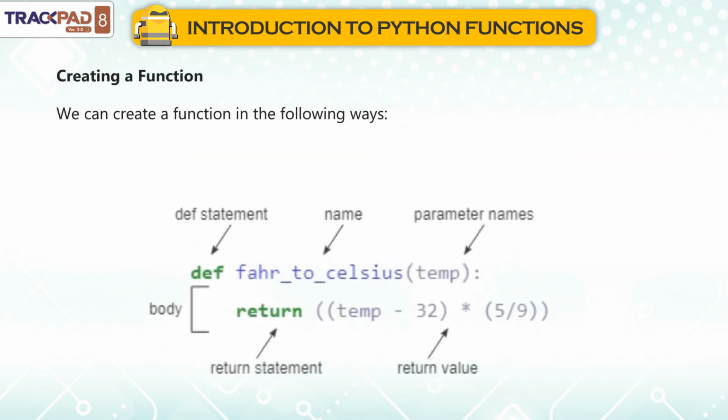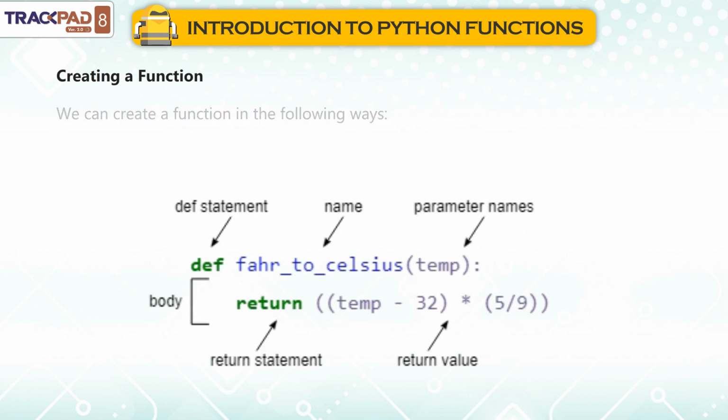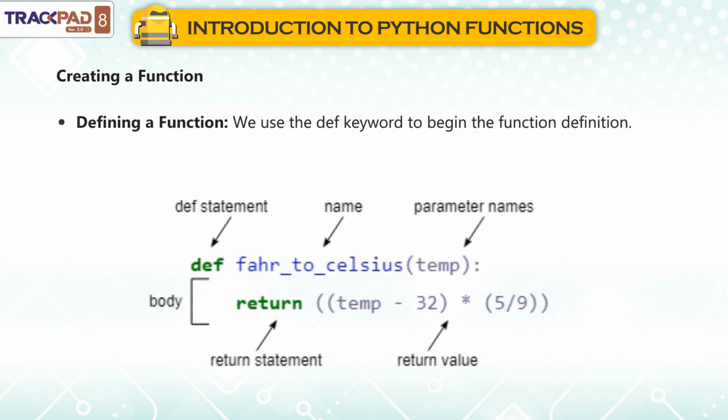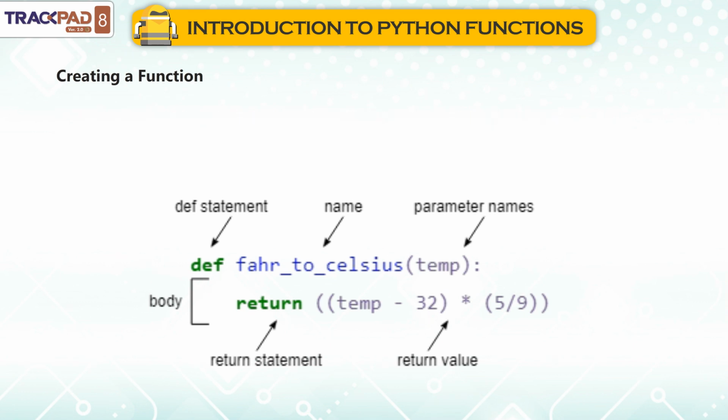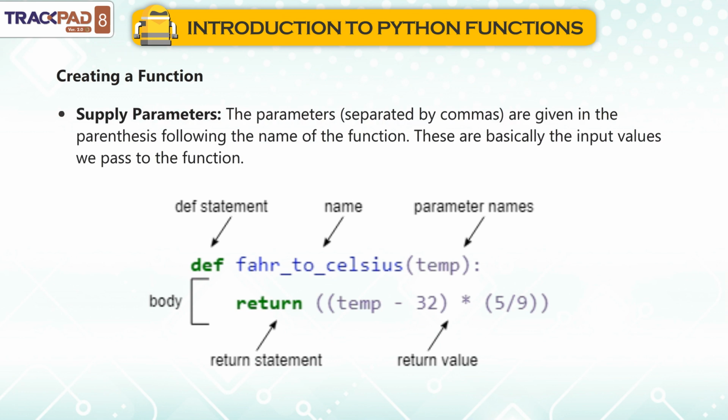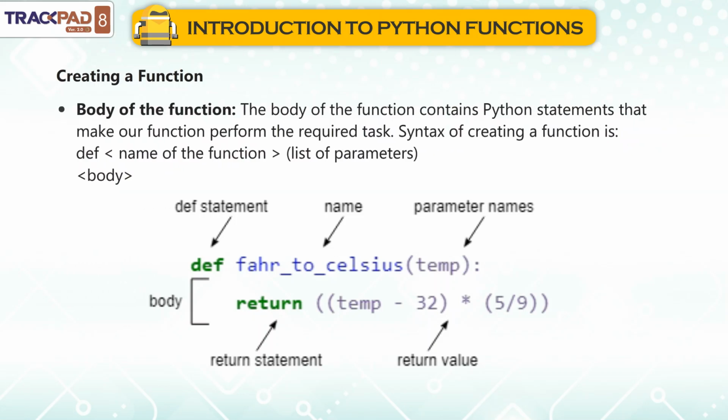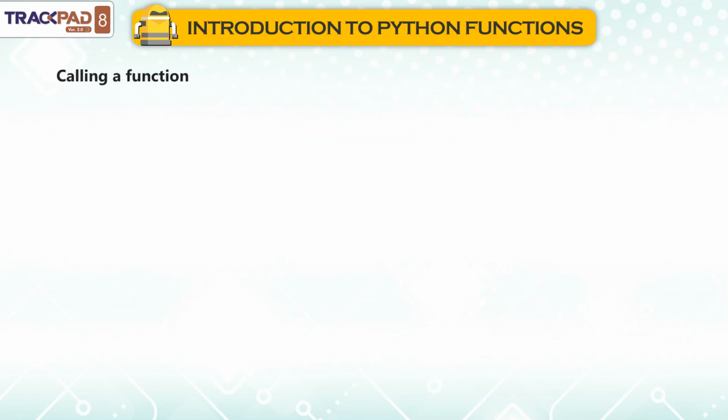Creating a function. We can create a function in the following ways. Defining a function. We use the def keyword to begin the function definition. Naming a function. Provide a meaningful name to your function. Supply parameters. The parameters, separated by commas, are given in the parentheses following the name of the function. These are basically the input values we pass to the function. Body of the function. The body of the function contains Python statements that make our function perform the required task. Syntax of creating a function is: